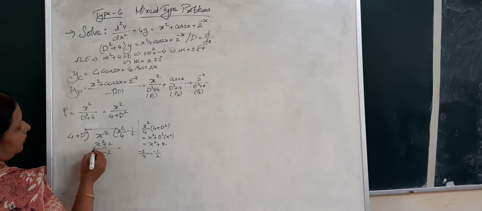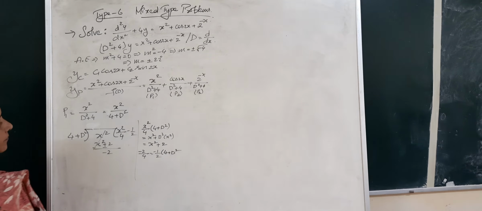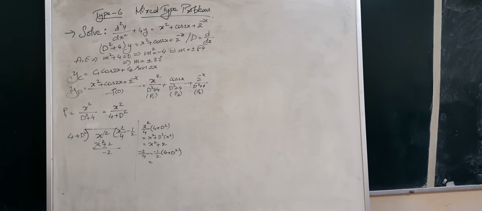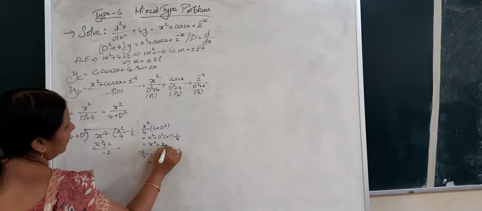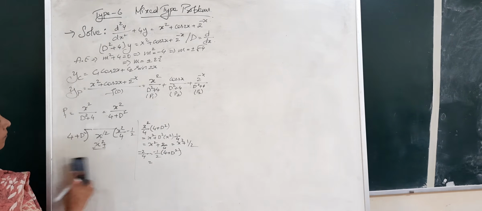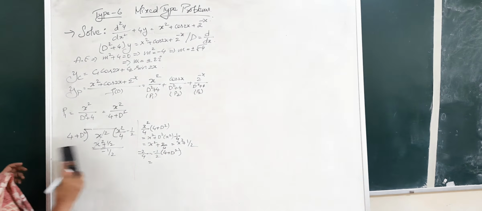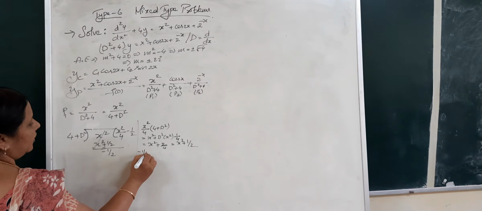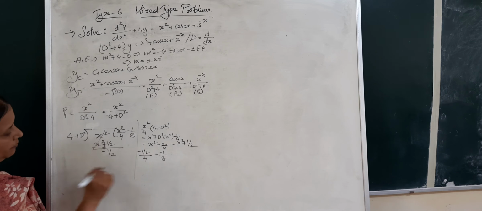Minus 1 by 2 times of this entire denominator 4 plus D square, which is equal to... guys, I think something got missed. Yes, this 1 by 4 is missed. Let me write that. So I'll get x square plus 1 by 2. So I get a minus 1 by 2 here, and again minus first term divided by first term, minus 1 by 2 divided by 4 is going to give you minus 1 by 8. So this will be minus 1 by 8.